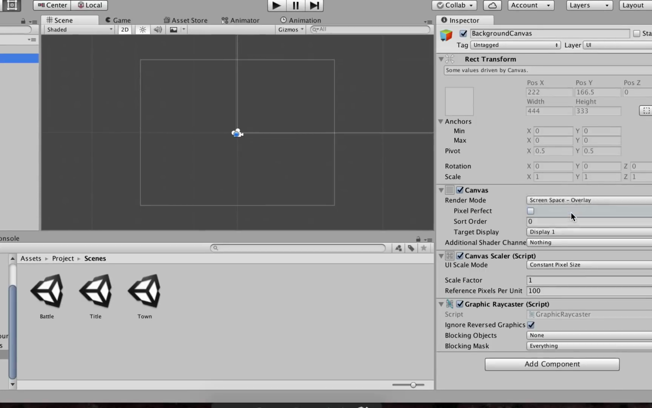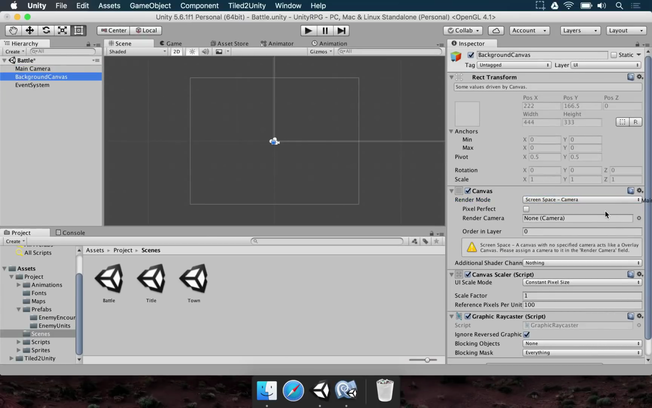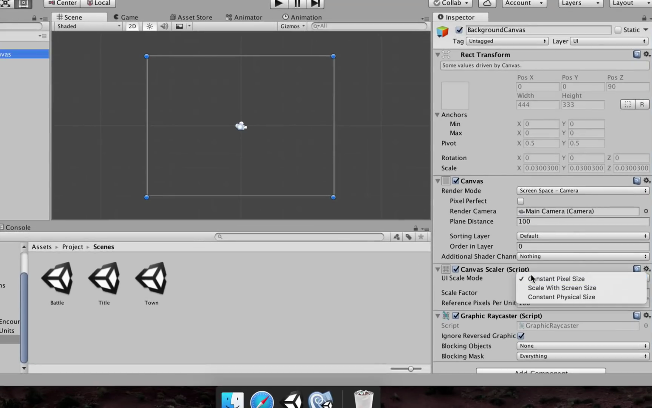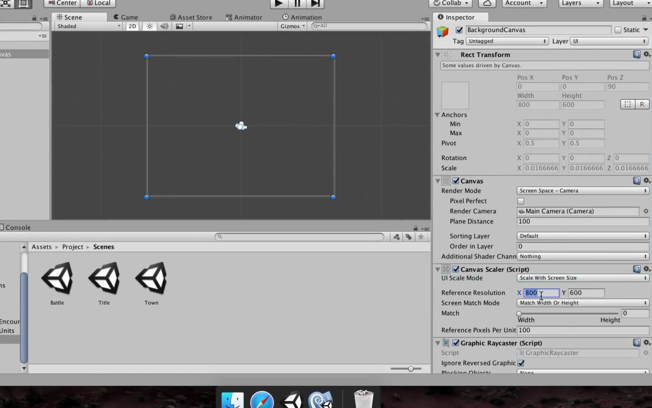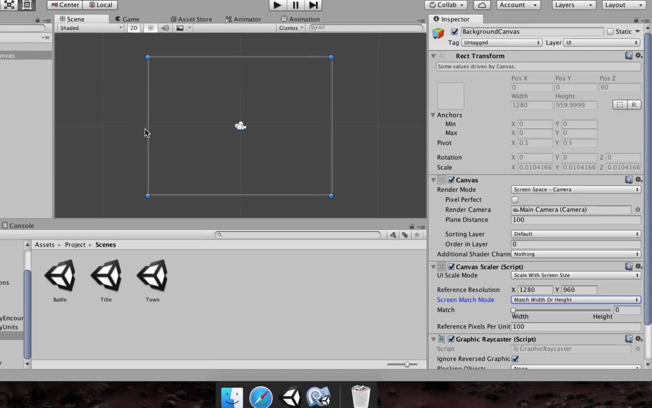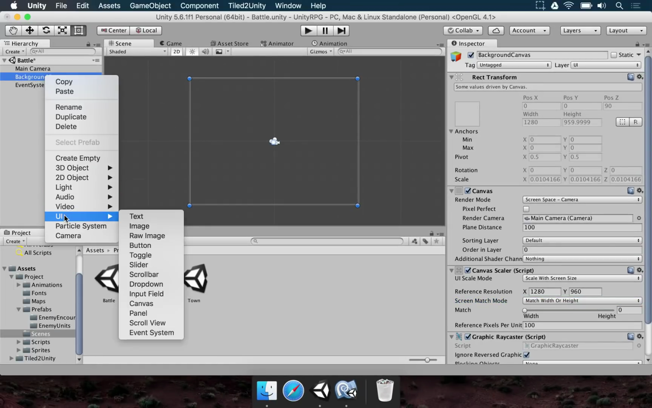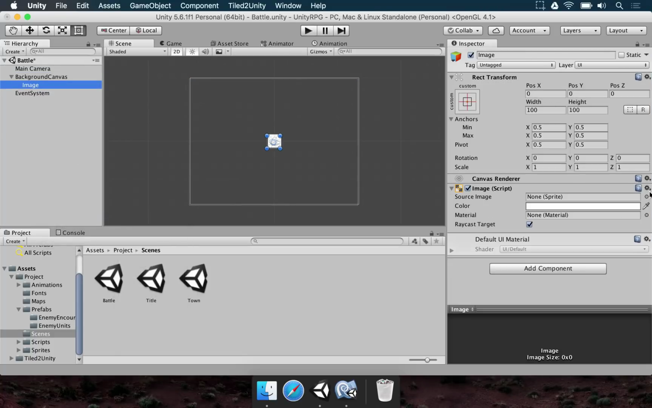Render mode is screen space camera. We're going to use our main camera here. Good. And finally we go to the canvas scaler, scale with screen size, the same resolution we've been using, 1280 by 960. Good. And for this background canvas, we're going to right click, select UI image, then we're going to